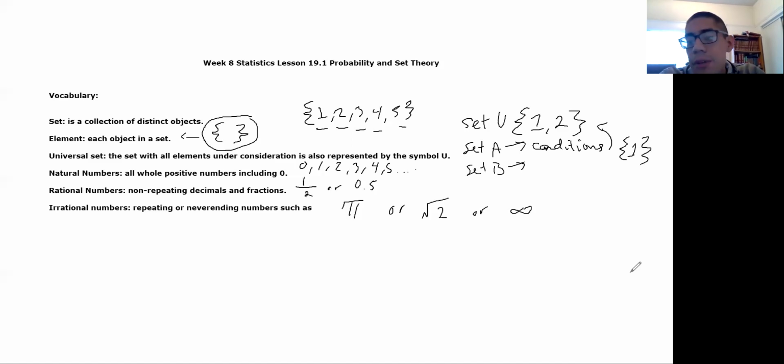And set B could be numbers greater than 1. Well, there's only 2. Set A and set B, right? These are what we call subsets because they go into set U. Set U has all the numbers that you're considering for the problem, and set A and set B are just part of set U. They're just more specific parts of them. Smaller, but they all fit inside of set U. Okay, so